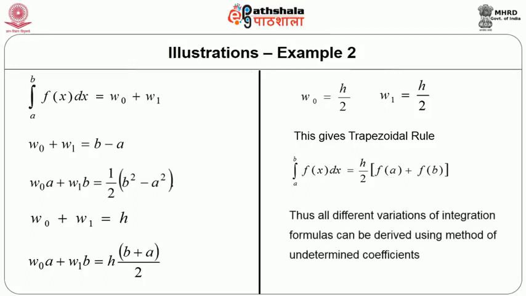So, this just illustrates to you that this technique of method of undetermined coefficients, which is very straightforward, works from scratch, and can be used to derive any type of formulas. The question is whether Gauss quadrature formulas are to be derived by using only this technique, or there is some solid other theoretical foundation with which these formulas can be represented. The answer is yes, and